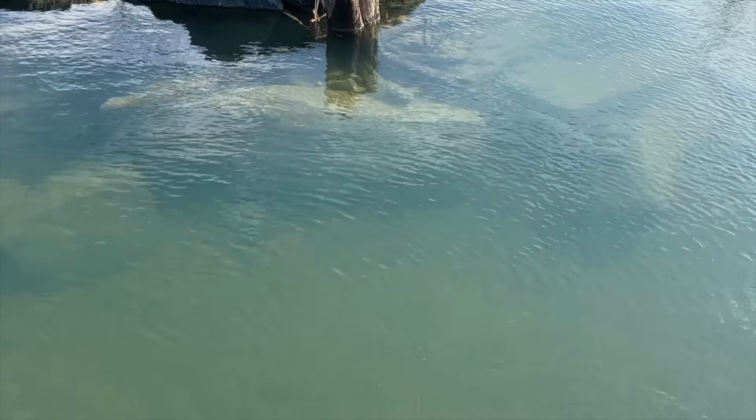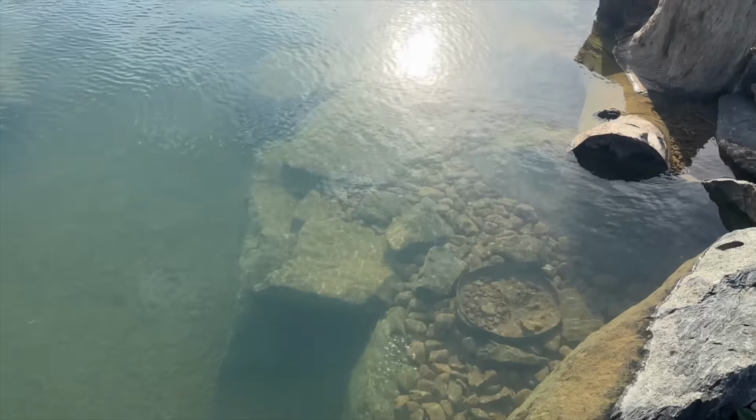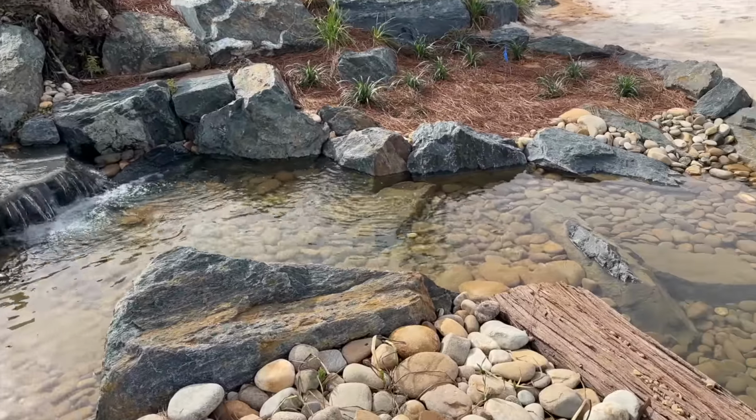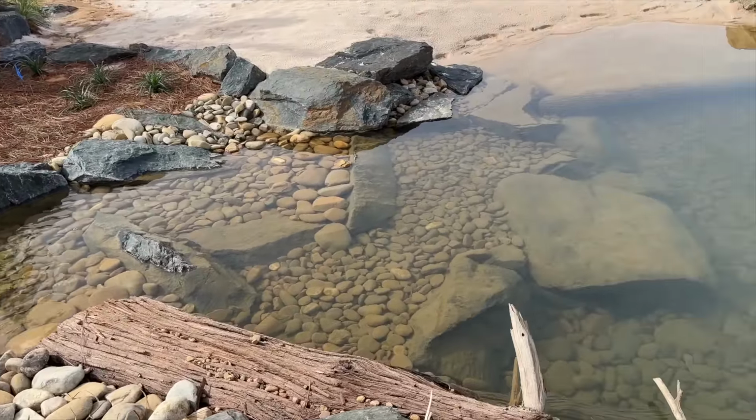And now that we have that clear water, you can see some of the underwater fish caves and all that rock structure they put in. So one of the projects I'll be working on next week is getting some underwater cameras installed and setting up a live stream. But hey, look who showed up, the smallest bass that we put in, hanging out over here